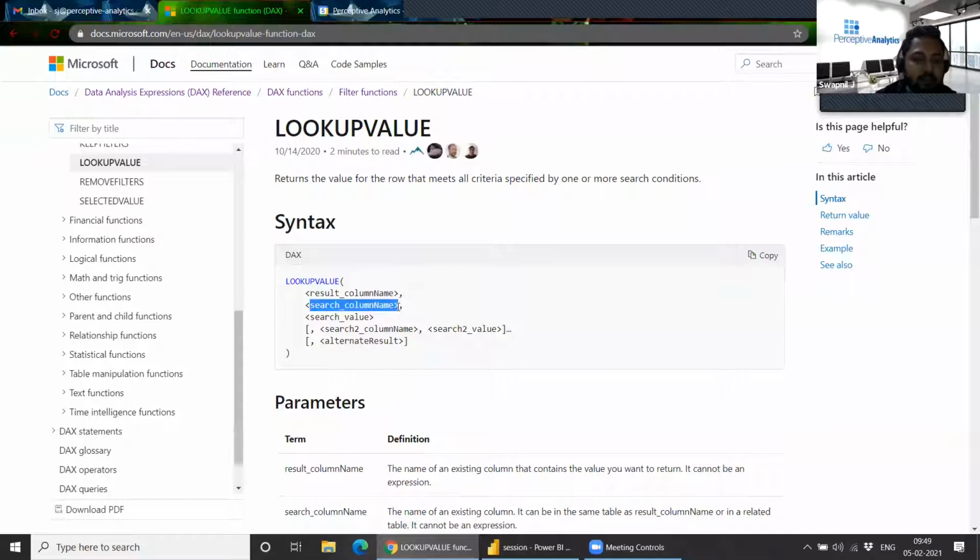My sales table has the customer ID, so I give the customer ID from the customer table, and the search value is the customer ID from the sales table. Similarly, if I want to give multiple search instructions, we can just give the search column and the search value, and based on it, it will find the corresponding value from the result column.